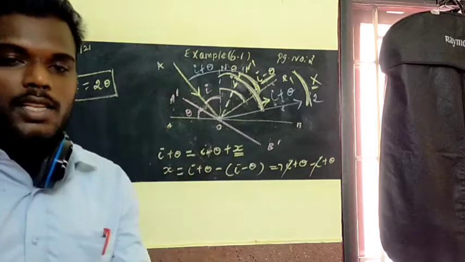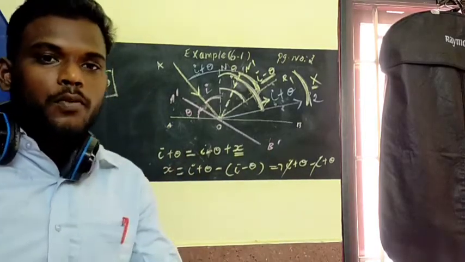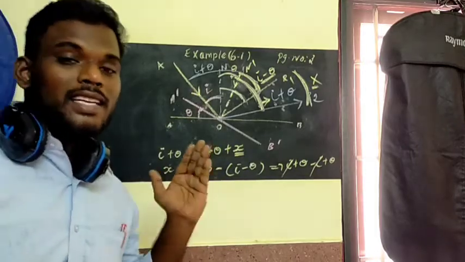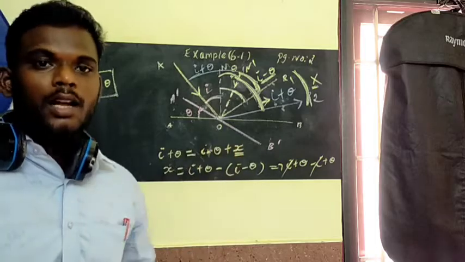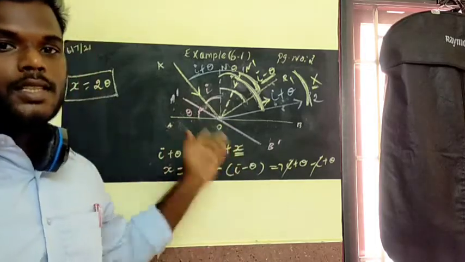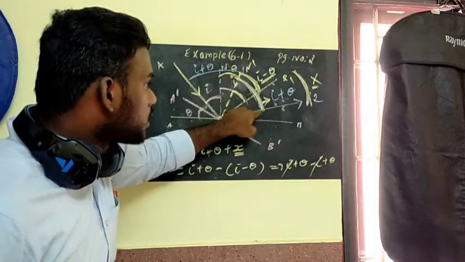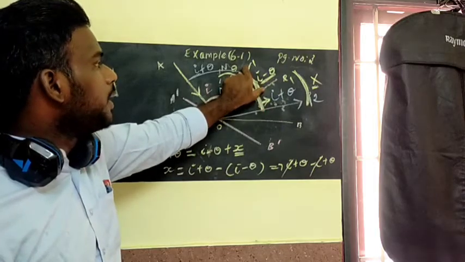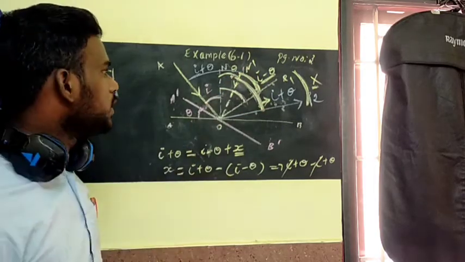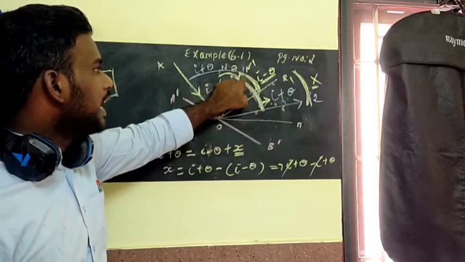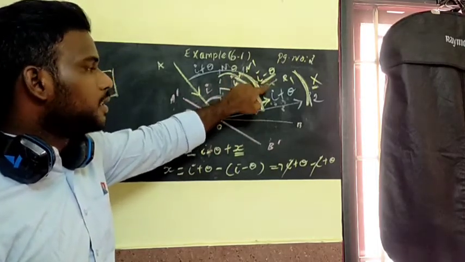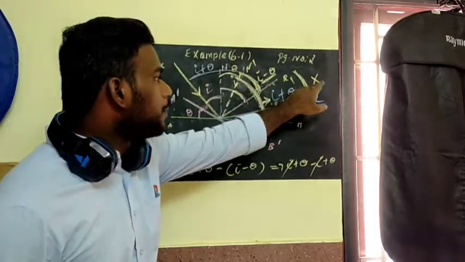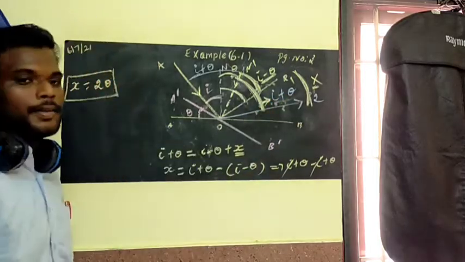Is it clear? So initially the angle of incidence is I. The angle of reflection also what? R. So we can call it I. Then after that we tilted the mirror by an angle of theta, and because of that the new angle of incidence is I plus theta, and the new angle of reflection is also I plus theta. And I told you before, this will be I minus theta. So the total angle is I plus theta, and this is I minus theta. If we add I minus theta and plus X, that is equal to I plus theta. Is that clear, everyone?